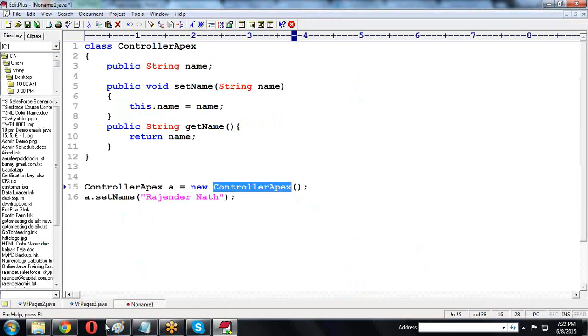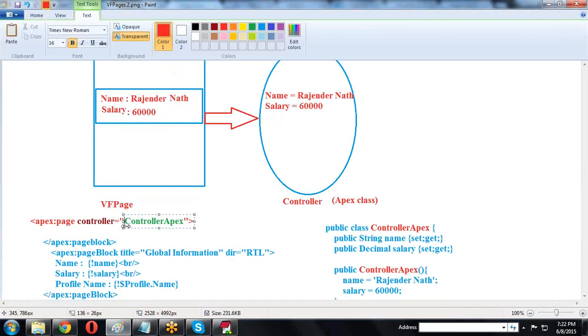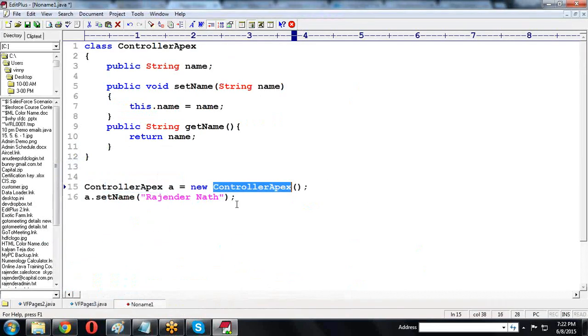Whenever we provide the controller, automatically when the Visual Force page is loading, the system creates the Apex controller class object.